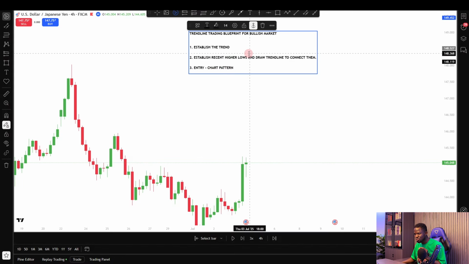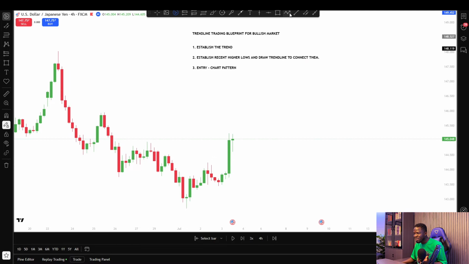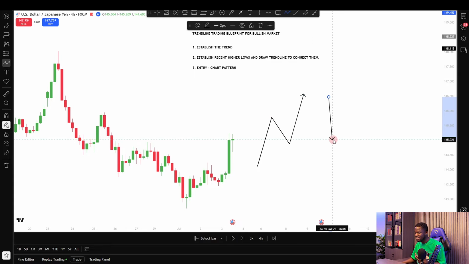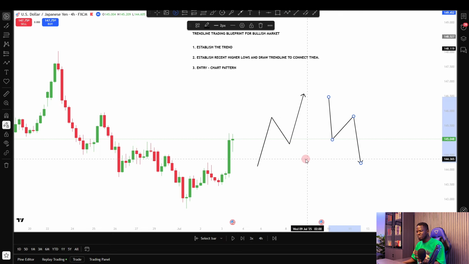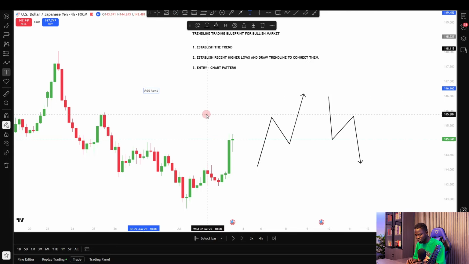The best time to use this blueprint is when the price action is trending either to the upside, higher high, higher low, then higher high, or to the downside, lower low, lower high, lower low. But the first example I want to show you right now is how to use this trendline trading blueprint for a bullish market condition. The first time frame you want to use is the 4 hours time frame to establish the trend, right? Then your entry time frame will be the 15 minutes time frame